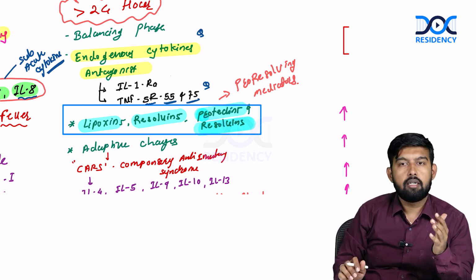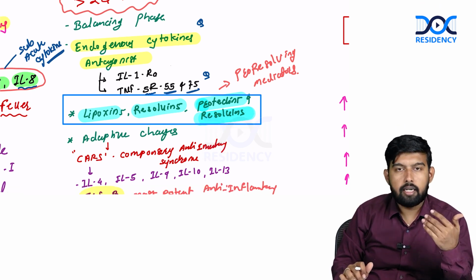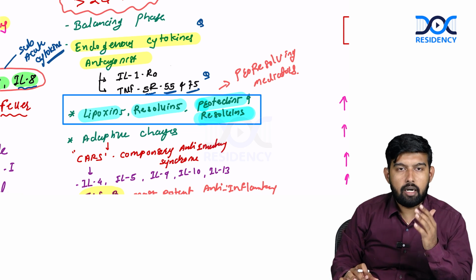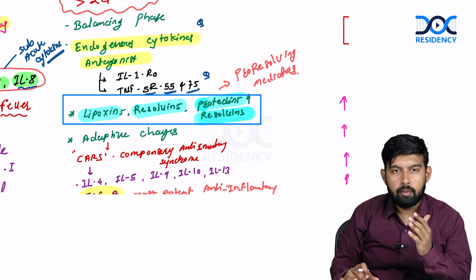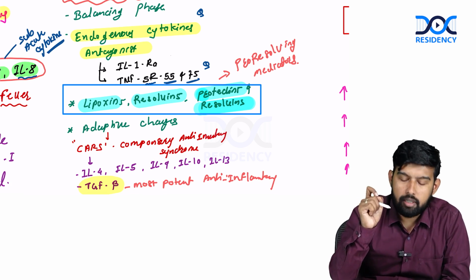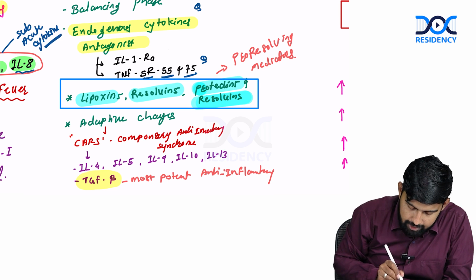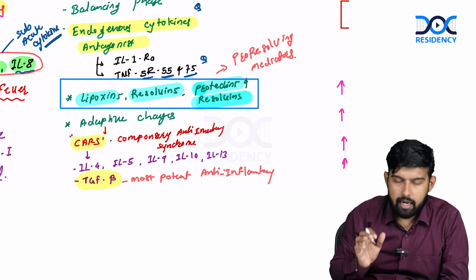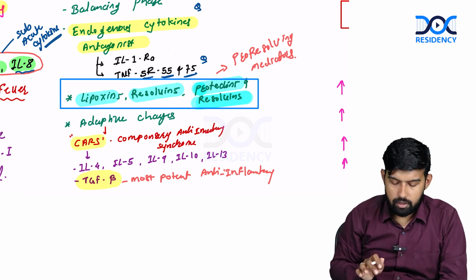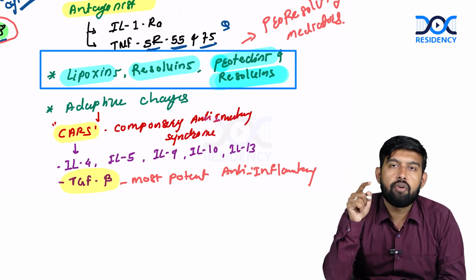So these are the pro-resolving mediators, which act against the cytokine mediators or the pro-inflammatory mediators. And there are adaptive changes happening after the 24 hours of the injury, which are known as CARS, that is compensatory anti-inflammatory syndrome. This is the body's attempt to reverse the effect